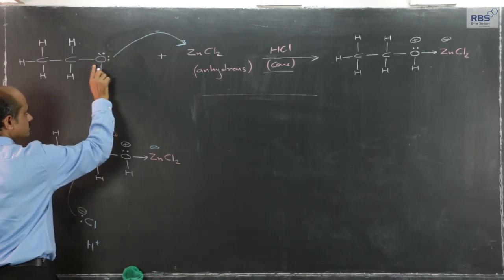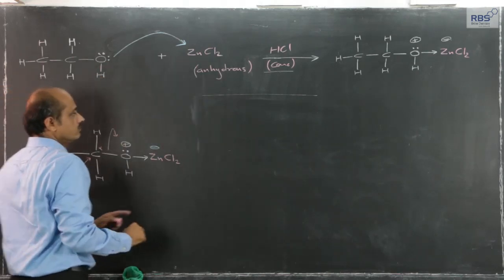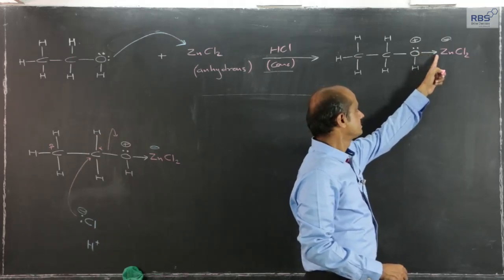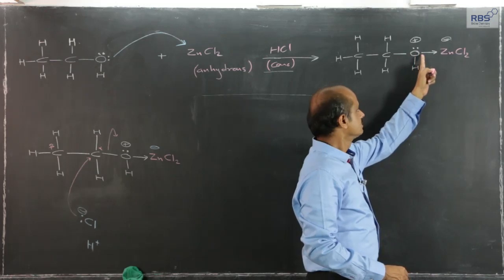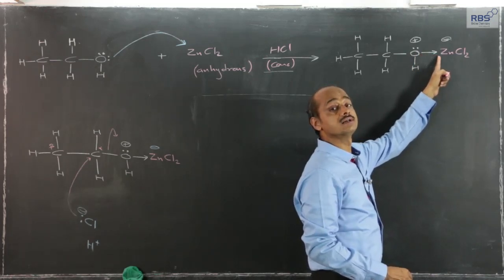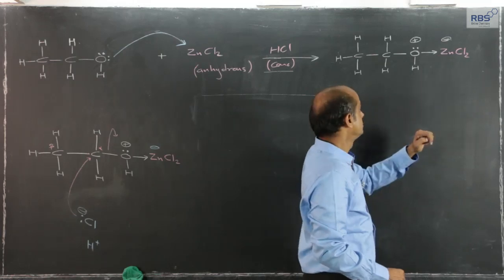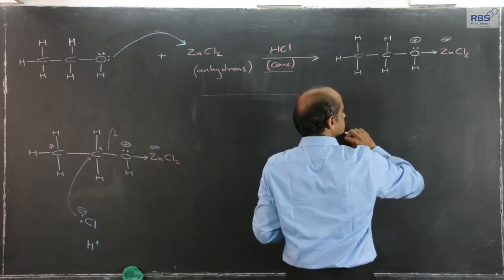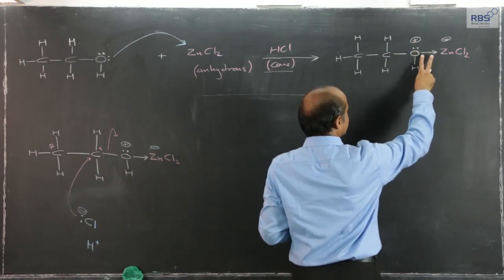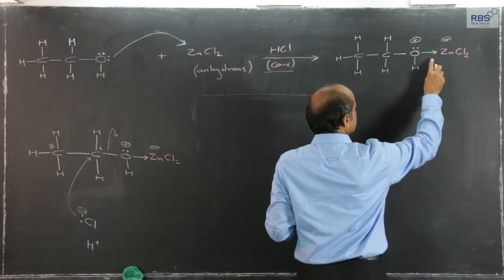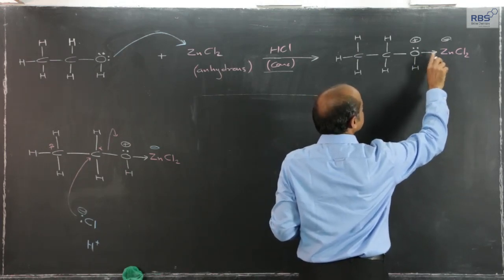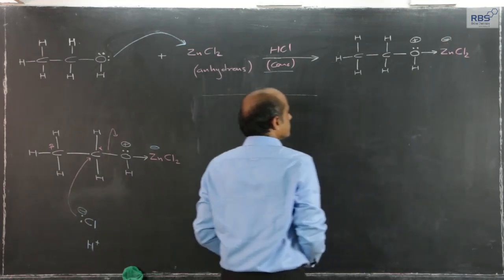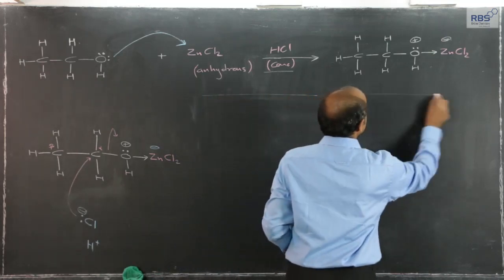The lone pair of electrons on oxygen and the empty orbital of zinc will form a coordinate covalent bond. Out of two lone pairs, one lone pair on oxygen is now a shared pair between oxygen and zinc, in the outermost shell of zinc. So, the lone pair becomes a shared pair, because of that a positive charge is developed on oxygen, and one electron pair is shared between the two. So, on average, as if one extra electron is in the outermost shell of zinc, it develops a negative charge on zinc. So, this intermediate we get.